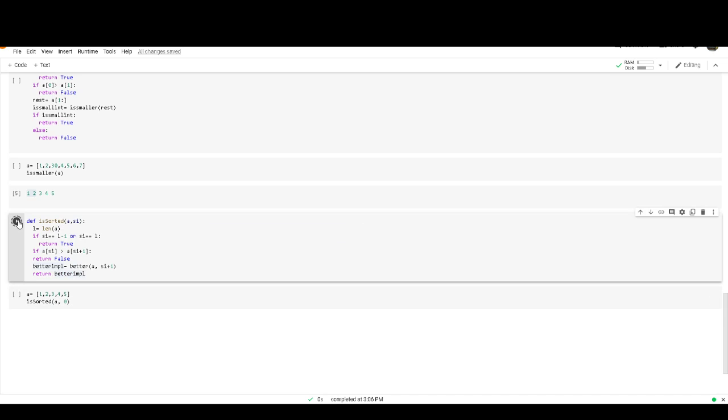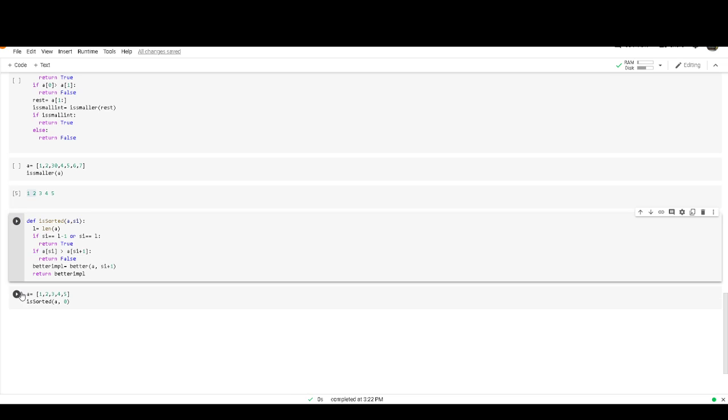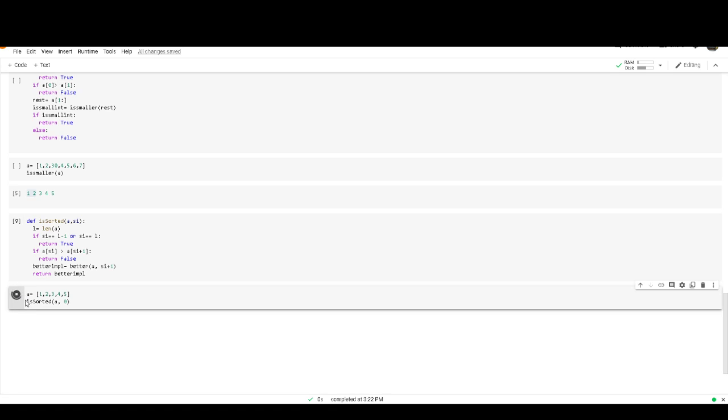First we are going to run this program. We got an error here: return false. Okay, an indentation problem. Again I'm going to run this program.